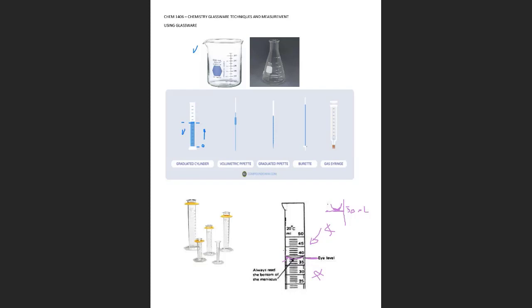So this is basically what you need to know. And then here, they're showing different sizes of glassware. Basically, do you see that it has this yellow thing? This is called a